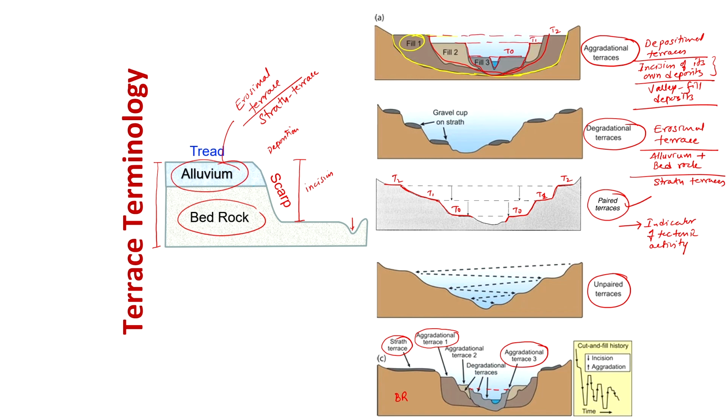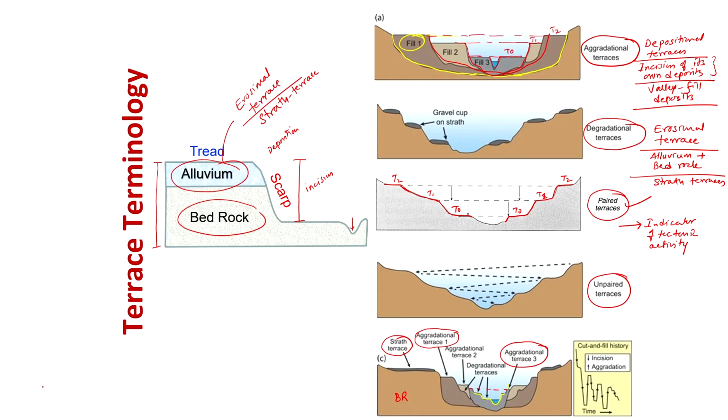So this is the only terrace which we can say is gradational, whereas the other two are degradational terraces. So this one is your degradational terrace, this one is a degradational terrace, and again this one is a degradational terrace. Only this portion is your gradational terrace,